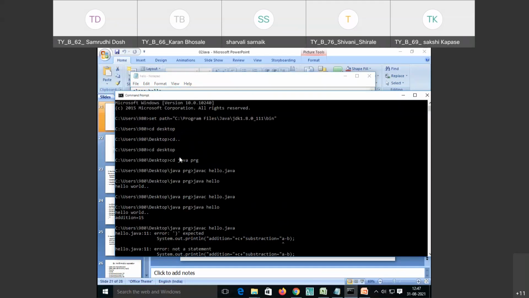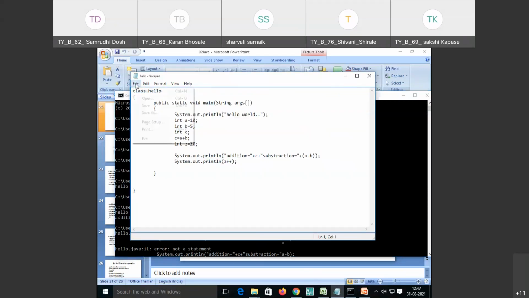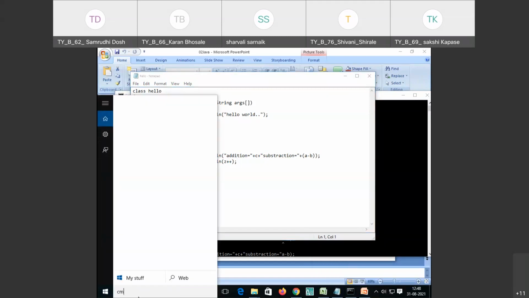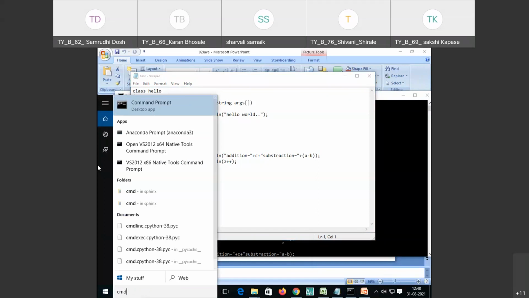Now see, many students have the query of how to run it in the command prompt. So first you have to save it. Save the code. If you are saving it at the desktop location, that is also fine. If you are making one folder on the desktop and saving your programs in that folder, that is also fine. So save this file, go to command prompt. How to go to command prompt? In search, type cmd. Once you type cmd, the first option will be command prompt.